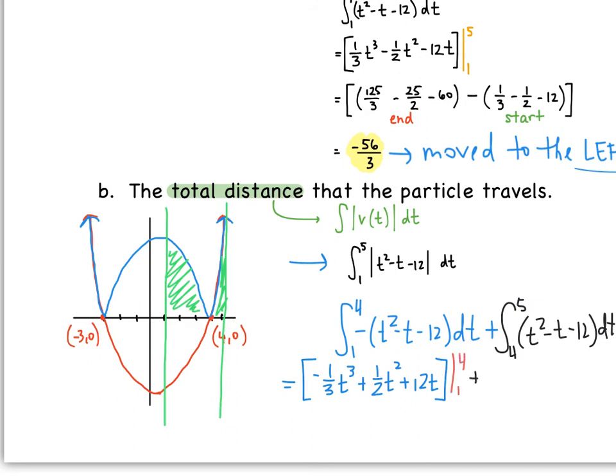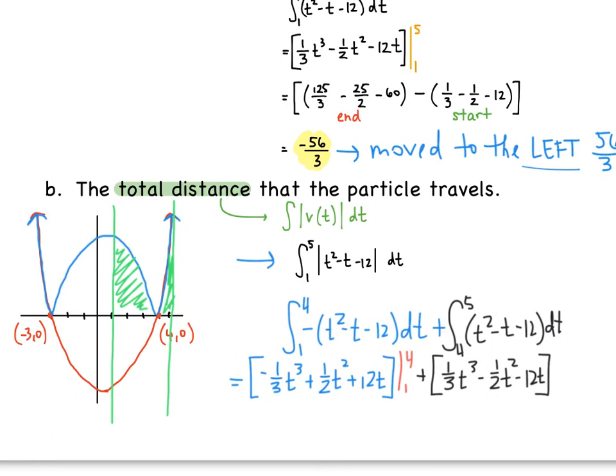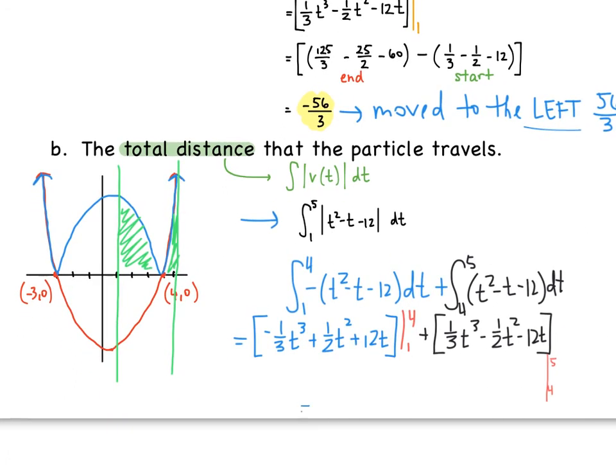And then we're going to add that to 1/3 t cubed minus 1/2 t squared minus 12t, and we are going to integrate that from 4 to 5. Okay, and when we do, you can check my math on all of this. I believe we get